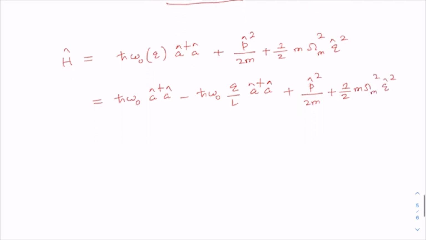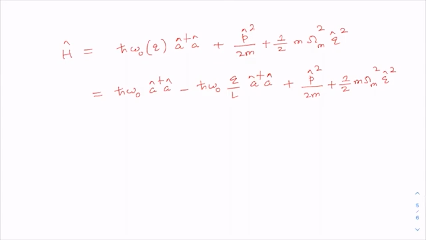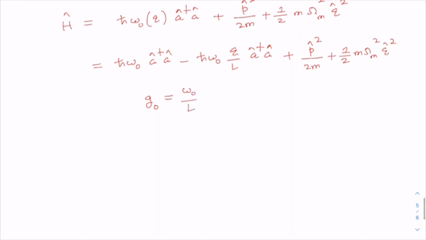So we can actually write this in another form. If I define a constant parameter, say z0, as omega 0 by L, then I can write this expression as H equals h cross omega 0 a dagger a minus h cross z0 q a dagger a plus p square by twice m plus half m